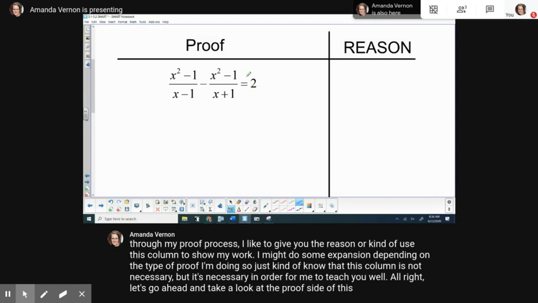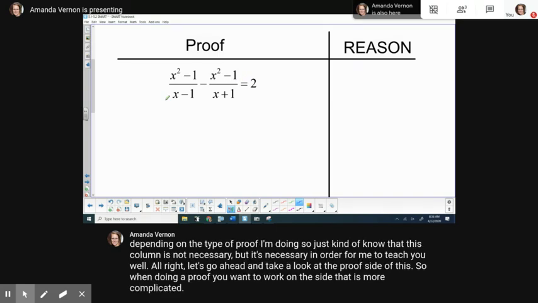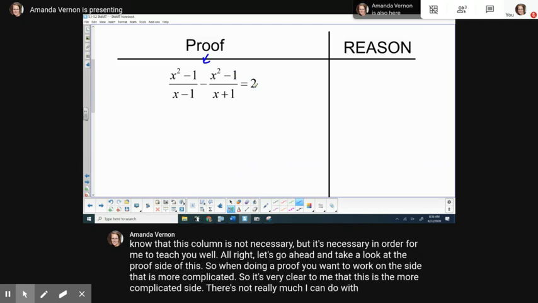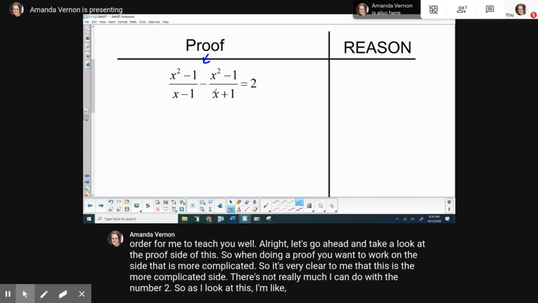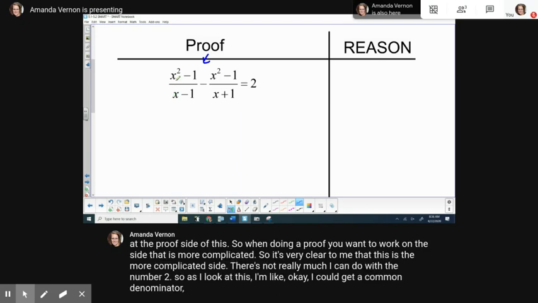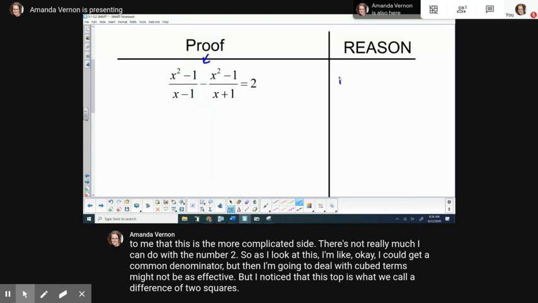So when doing a proof, you want to work on the side that is more complicated. So it's very clear to me that this is the more complicated side. There's not really much I can do with the number 2. So as I look at this, I'm like, okay, I could get a common denominator, but then I'm going to deal with cubed terms. Might not be as effective. But I noticed that this top is what we call a difference of 2 squares. So a difference of 2 squares, if you remember,